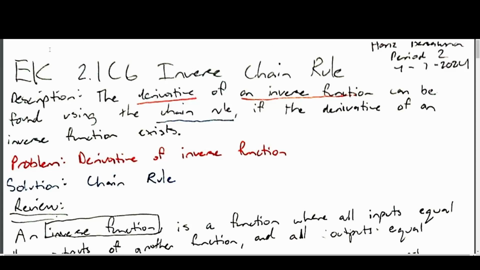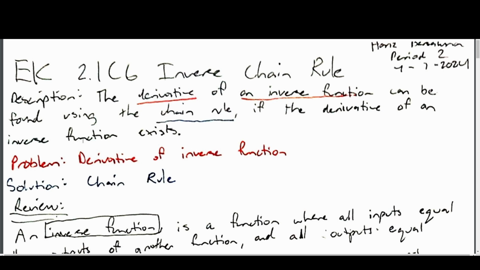Okay, so this is a presentation on Essential Knowledge 2.1c6, the inverse chain rule. The description given is: the derivative of an inverse function can be found using the chain rule if the derivative of an inverse function exists. So the problem we have is the derivative of an inverse function, and a solution that we have is